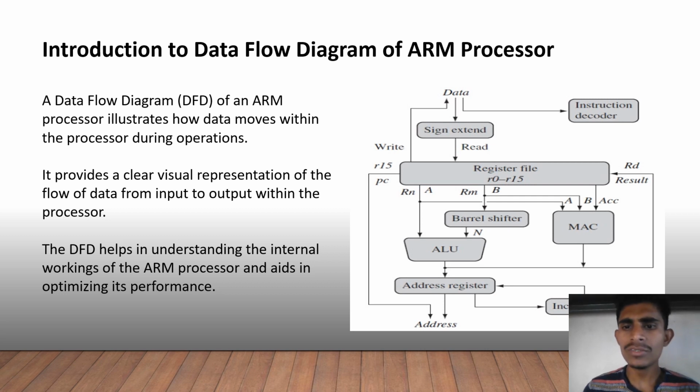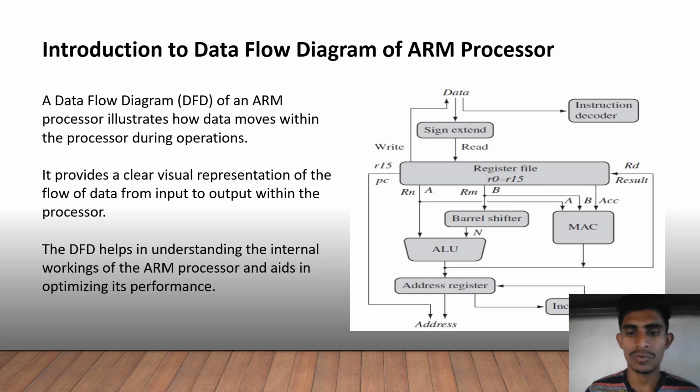R0 to R7 are the low registers, and R8 to R12 are the high registers, and R15 is nothing but the program counter. We have given the name of R15 as the program counter. Here the data flow diagram helps in understanding the internal working of the ARM processor, and aids in